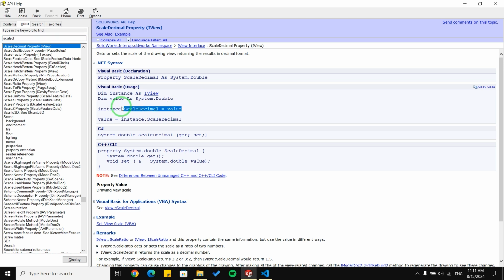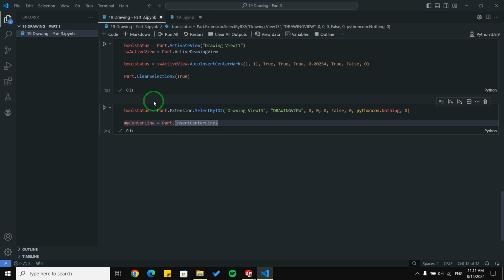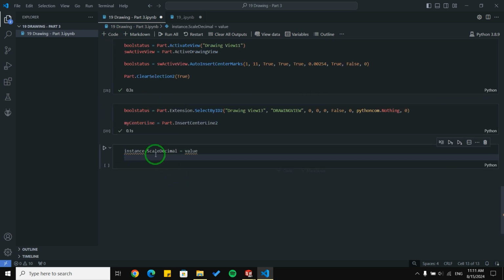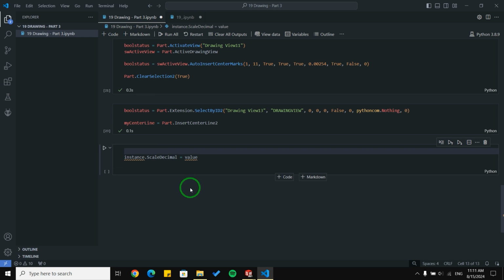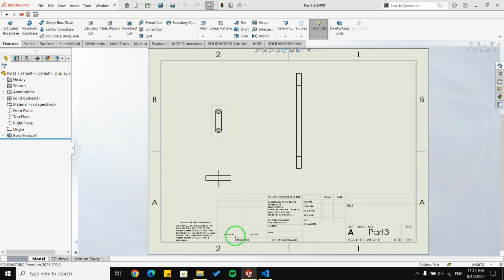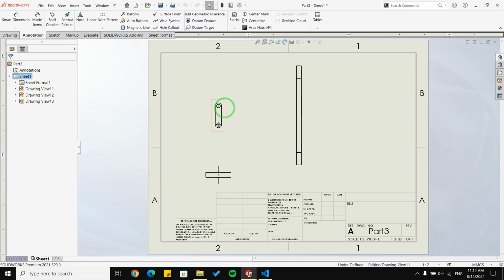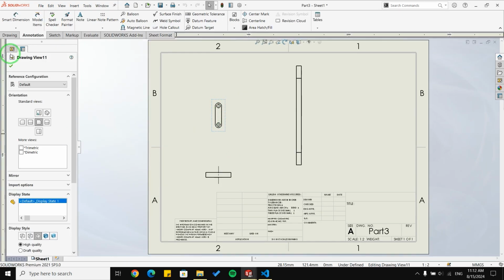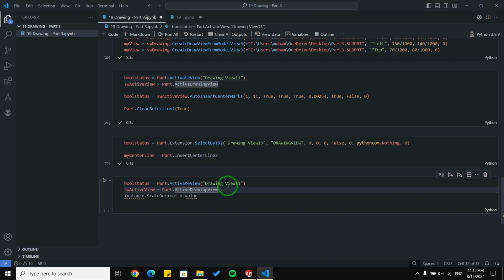Okay, let me use this function. I'm going to create a new block here, and we need to first create an object for our view. Let me see, I'm going to use it for this view, drawing view 11.